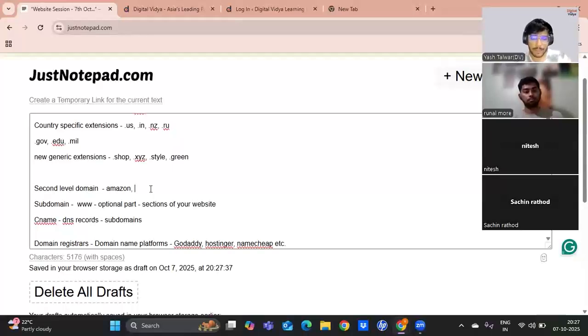In the example that we just saw, that is Digital Vidya. It can be Amazon, it can be Digital Vidya, or any other brand that you're visiting, the brand's name will come here. That is second level domain. Finally, the very first leftmost part of the domain name is known as the subdomain.